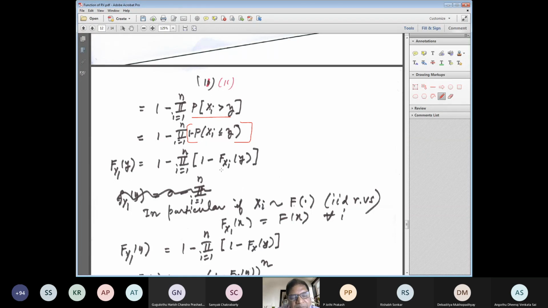Now if all have the same distribution, all X1, X2, ..., Xn have the same distribution, say for example, they follow the exponential distribution or they follow the normal distribution, so in that case, Xi